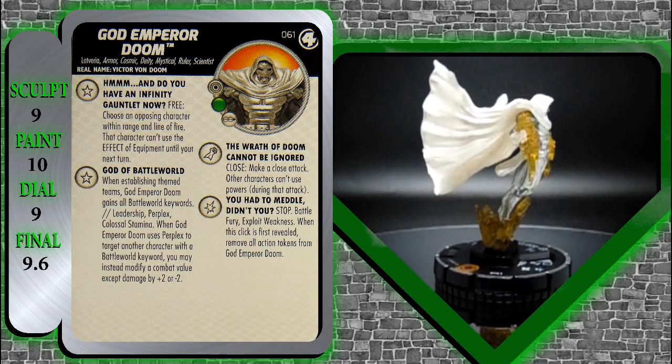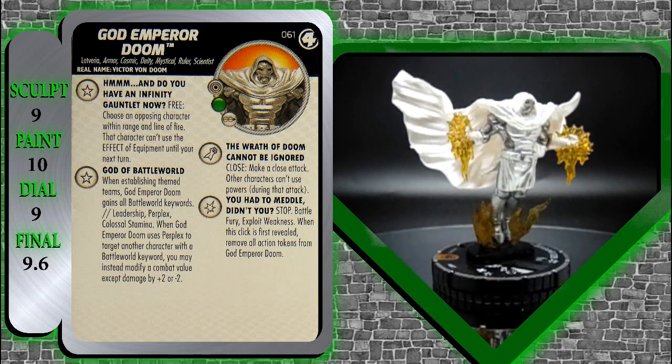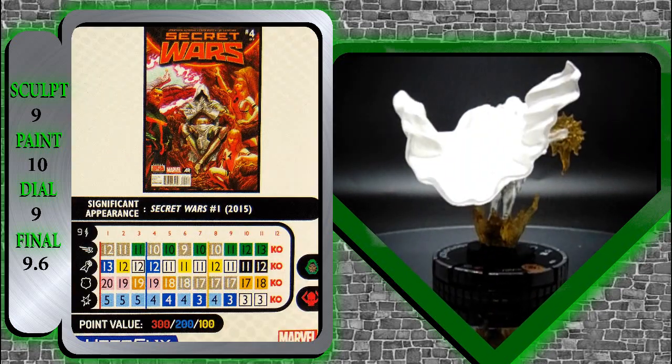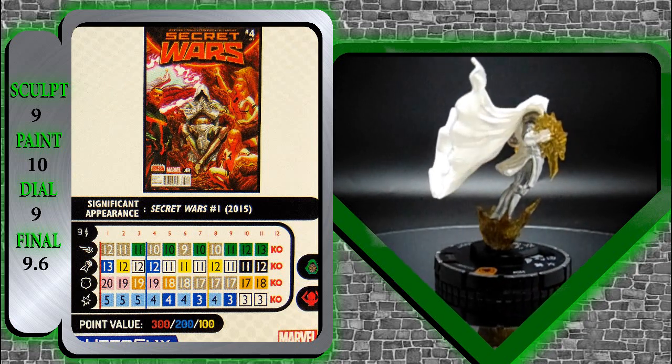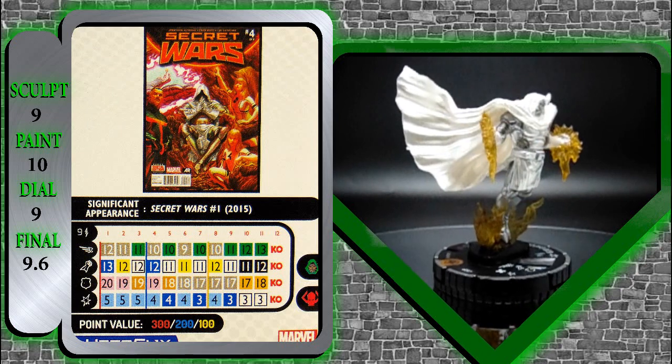So that means, looking at his dial here, both times he hits that stop click at the end of his dial, you will remove all the action tokens from him, which is super nice. So essentially, this Doom is just...